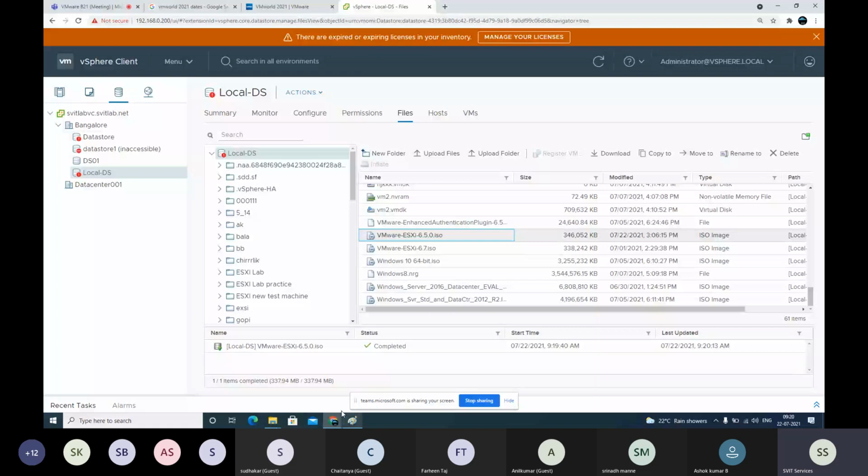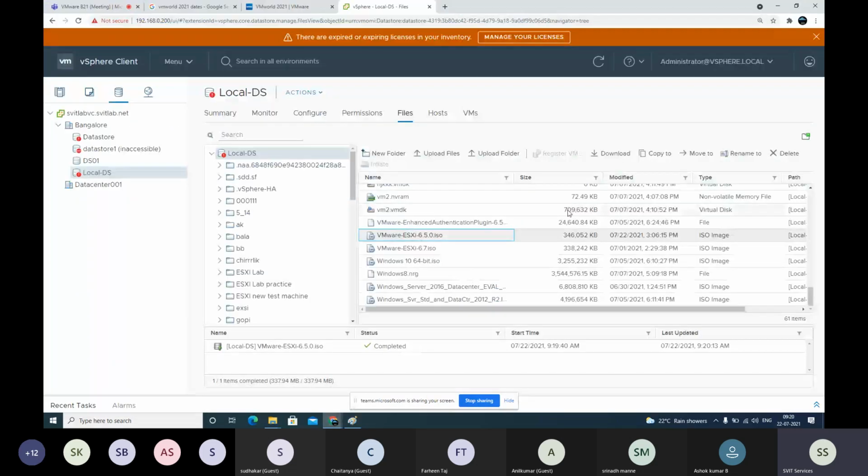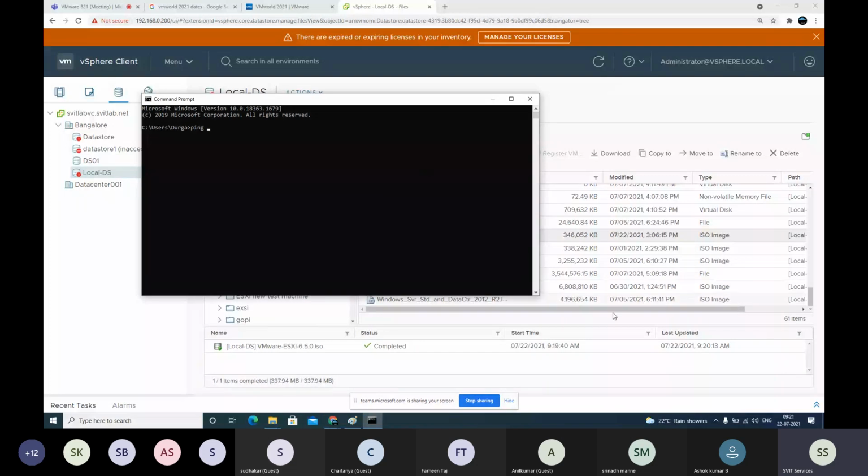We need an IP address. I will give you one tip. Once you connect to our lab, either directly or via TeamViewer, in that machine open the command prompt. Type ping space 192.168.0 until here it's the same.